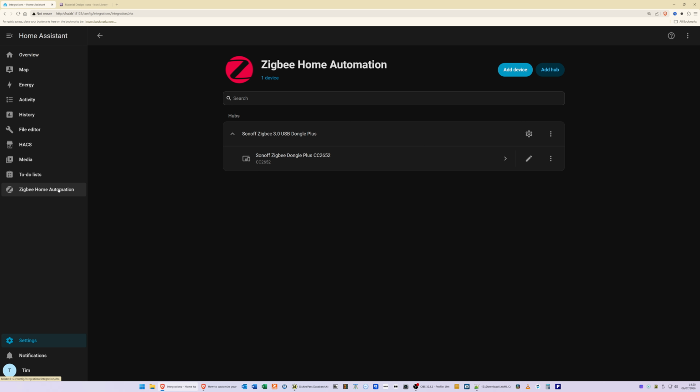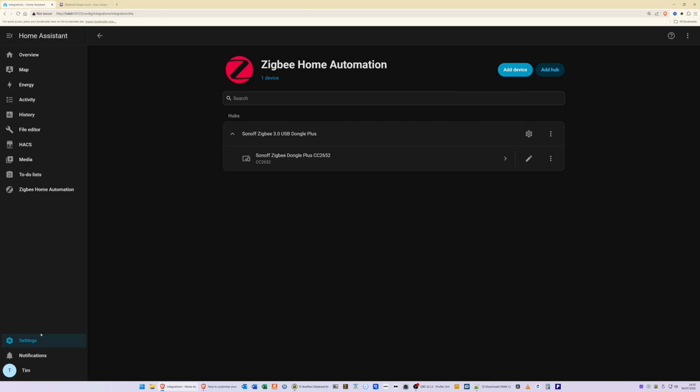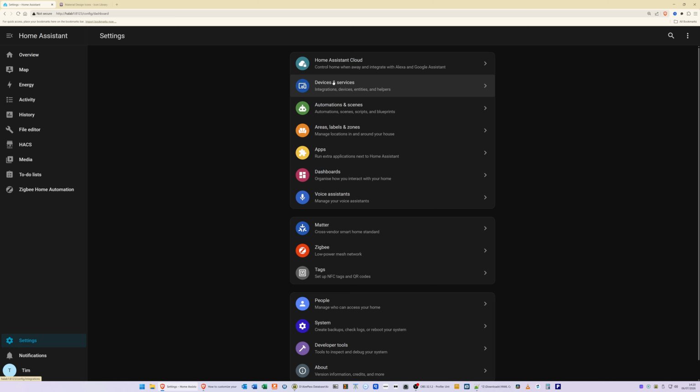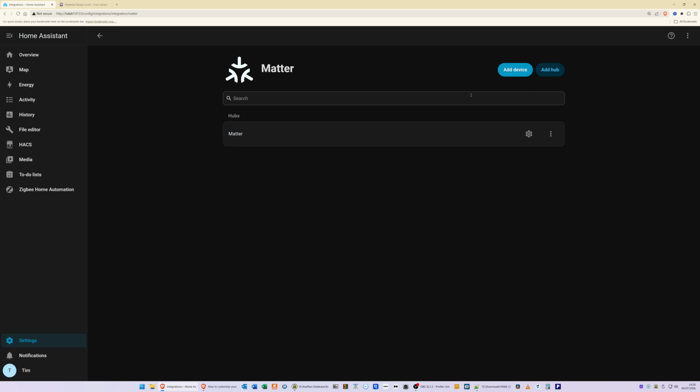Now, what if you want to customize this and not have Zigbee Home Automation but something else? Well, what you need to do is go into the option that you want to add the shortcut to. Say in this, for example, we'll go to Devices and Services, and then we'll select Matter. So if we want to add Matter to the left hand side, you'll see in the address bar in the web browser here, we've got some text. So it's the link to Home Assistant, and then we've got some text after that called